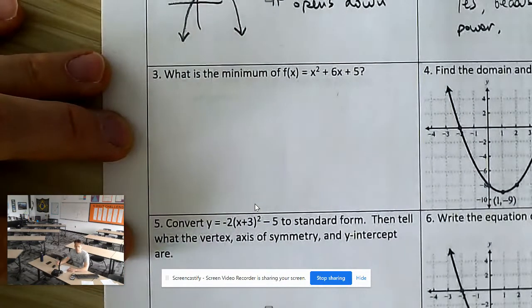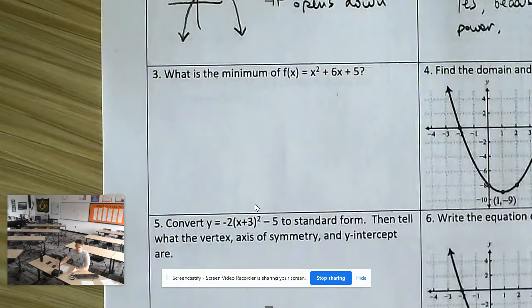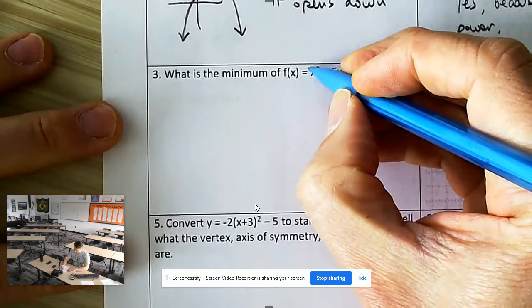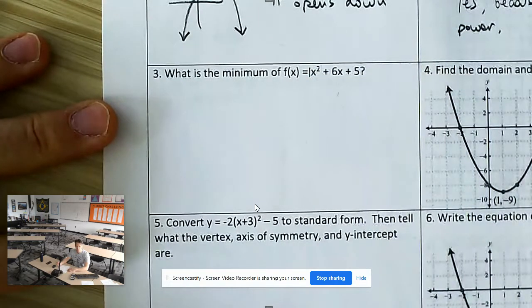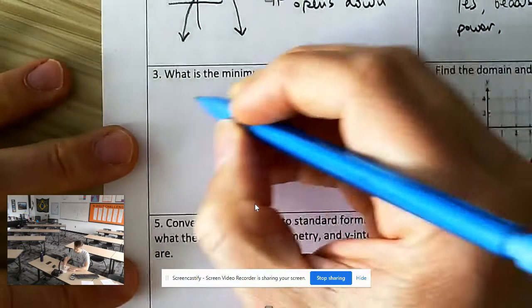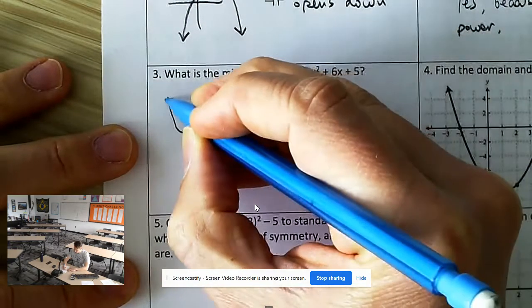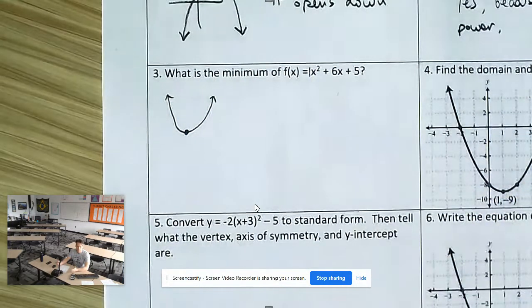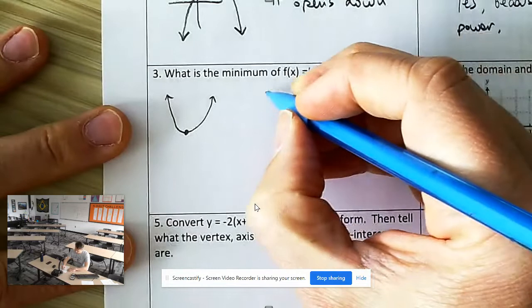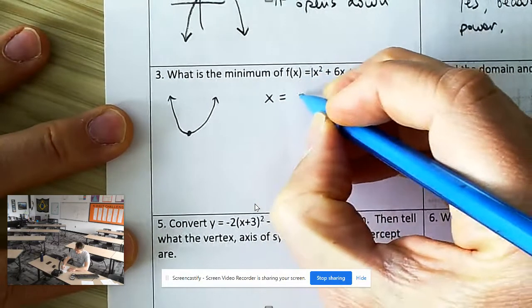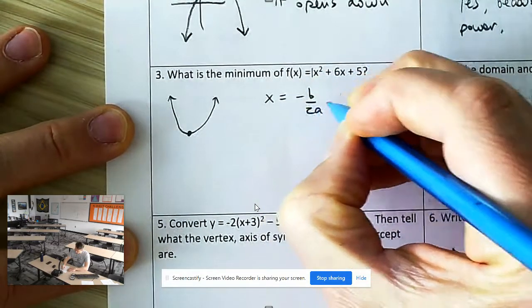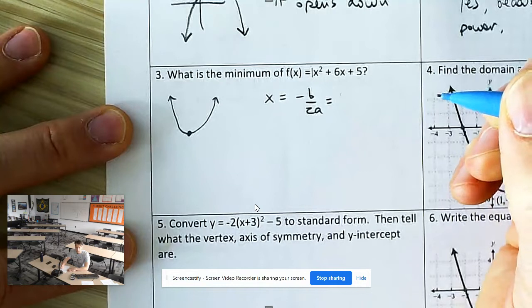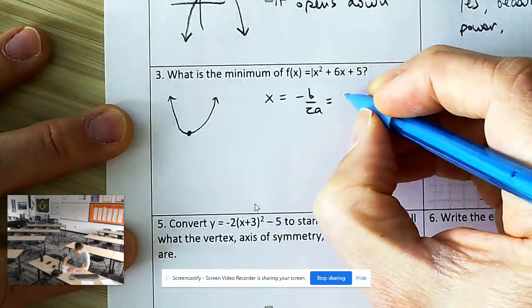That's it. What is the minimum of this? Well, first of all, I know it has a minimum because it opens up. You guys see that? Because your leading coefficient is 1, so it's positive, so it opens up, so it has a minimum. The minimum will, of course, be the vertex. Whenever you see the words maximum or minimum in a parabola, you've got to think, what's the vertex? So find the vertex. To find the vertex, I'll do x equals negative b over 2a. That will give me the x value of the vertex. In this case,